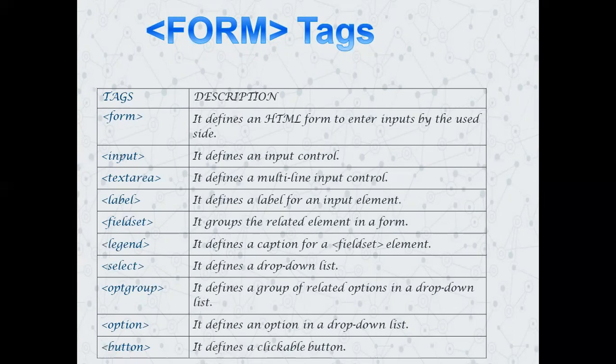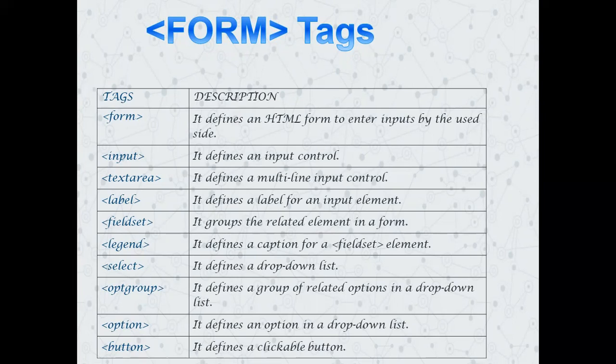What type of controls? It may be a text box for entering data, or a date, which is a calendar control, colors, image, email, telephone number. These will be entered through the input control tag. Then we have a label tag for labeling the input element. Whatever you are putting in, if you want to label it, that's why we use the label tag.